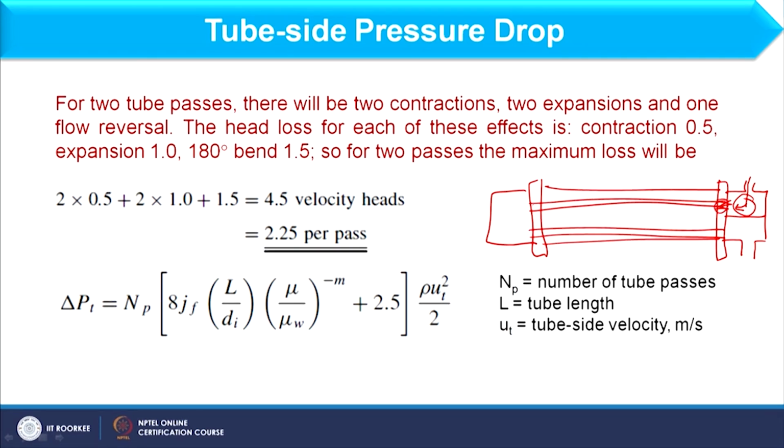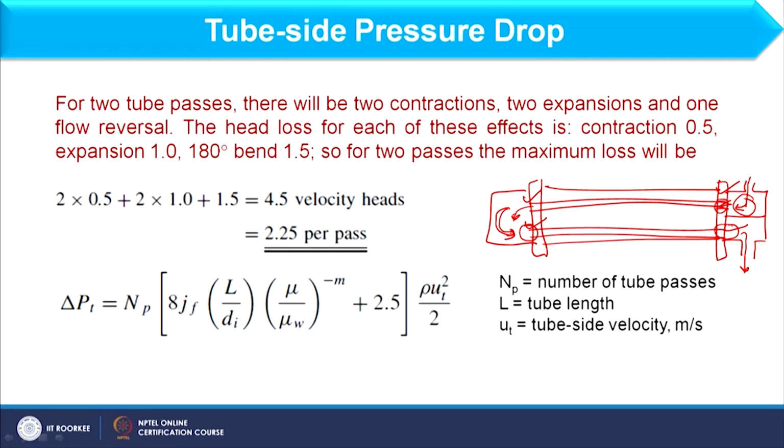Sudden contraction, and here we have sudden expansion, and after that we have complete reversal of the flow, and again I am having sudden contraction here and sudden expansion here, and from this nozzle the fluid exits, right. So, what will happen if I consider 1-2 pass? At 2 points contraction will occur, at 2 points expansion will occur, and at 1 point a 180 degree reversal is